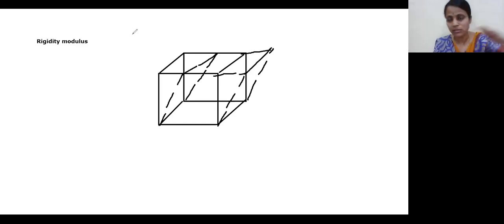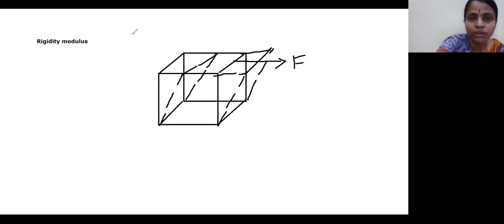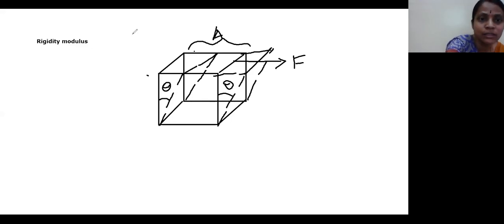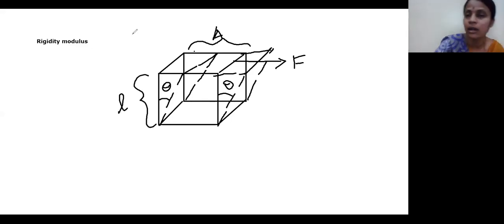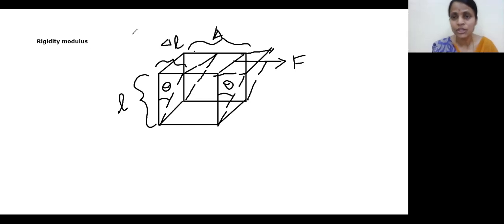Do you see that it has sheared? That means I have applied a force parallel on this area. This is the area under consideration, isn't it, children? And we know that the shear strain is given by theta. So let us assume this is the angle through which the surface has moved because of F on this particular area. Let us assume this is the length over which you are applying, and there is a small shift. This shift we are going to call del L. Is that clear, children?